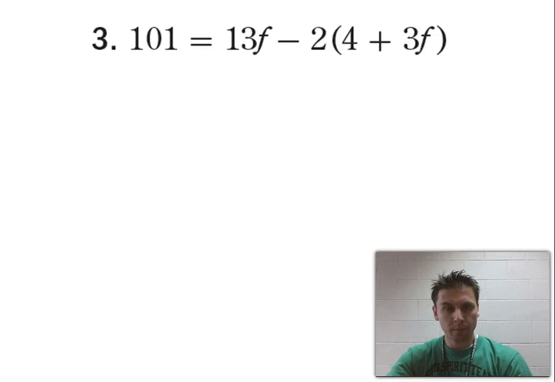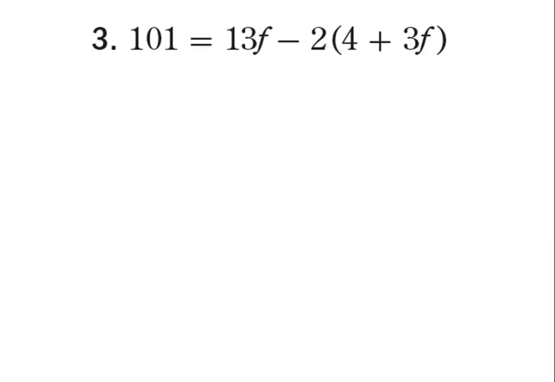All right, we're going to do problem number 3 and number 4 from your Algebra Chapter 3 self-test. Number 3 says we have 101 equals 13f minus 2 times the quantity 4 plus 3f. Our goal here is to solve for f, and what we want to do first is get rid of these parentheses. And since we can't do 4 plus 3f because they're not like terms, we're going to distribute this